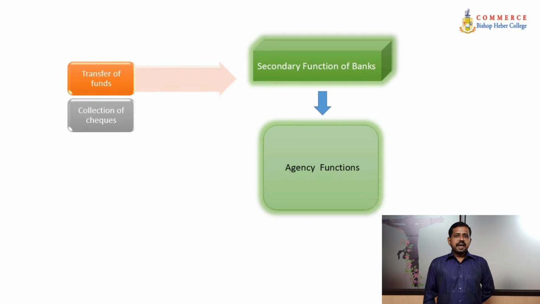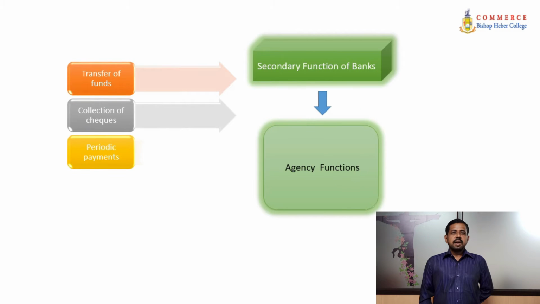Customers need not carry cash. Collection and payment of checks. On behalf of customers, bank will collect the checks deposited into the accounts of customers from other banks and deposit cash in customers' account. Similarly, checks issued by customers are honored and the amount paid as directed by the customer. Periodic payments. After instruction from the customers, banks will undertake the monthly payment of insurance premium, rent, telephone from the account of customers. Nowadays, these payments are made through electronic clearing system facilities offered by the banks.